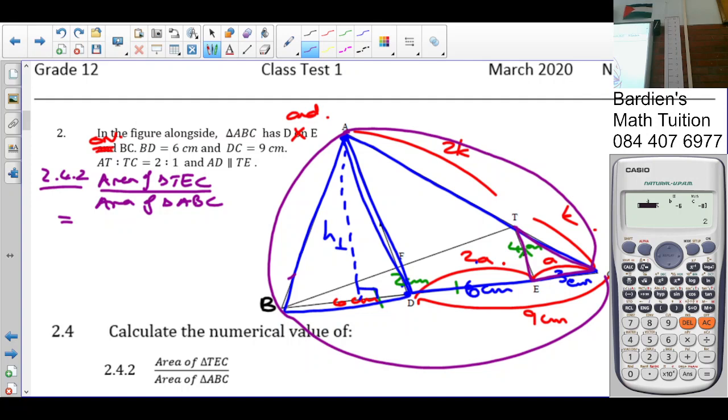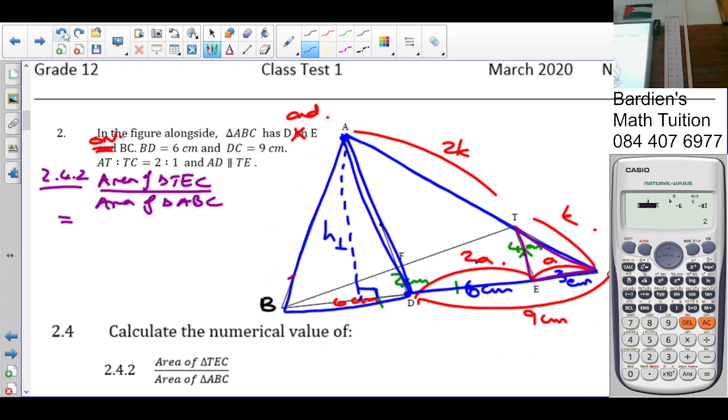What do you know about those two triangles? What are they sharing? Yeah, the previous one was sharing a common height. This is sharing a common angle there, angle C. Can you see that? When you're sharing a common angle, you use the sine rule. The sine rule says it's going to be half AB sine C. So you have two lengths and included angle. So for this triangle here, what are my two lengths? I got half TC times EC times sine of angle C.